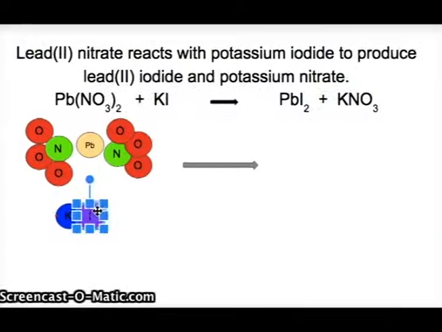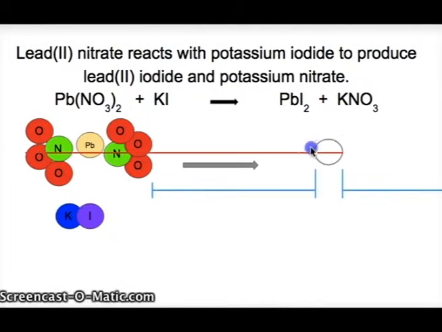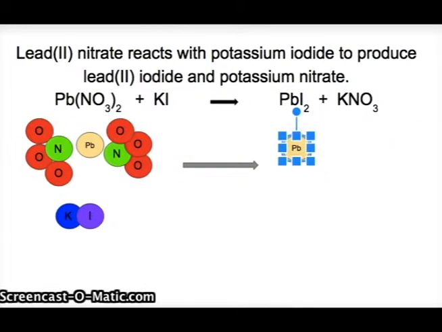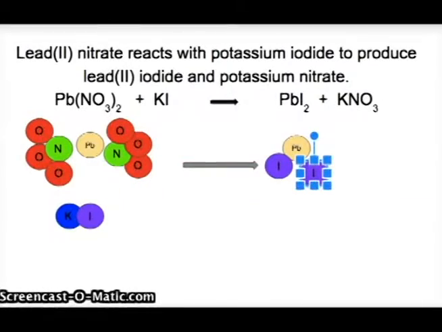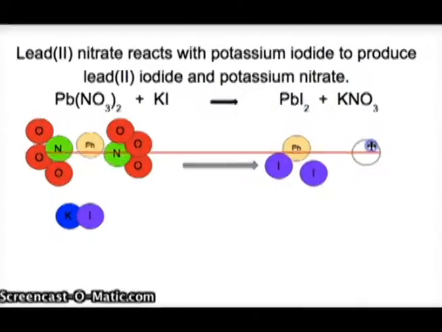And there we go. There are our two reactants. And now the products would be lead iodide, lead 2 iodide. And so here's a lead atom, and it's going to have 2 iodine atoms with it to make our PbI2. And then the other product is potassium nitrate, so we'll need a potassium atom with a